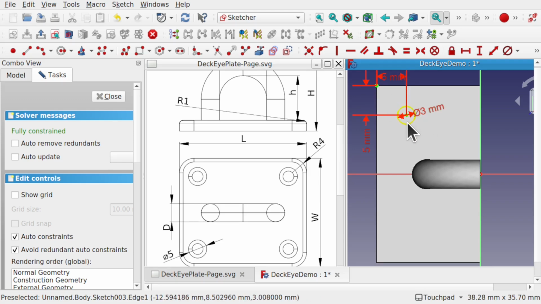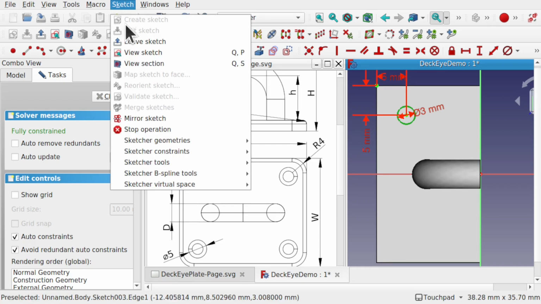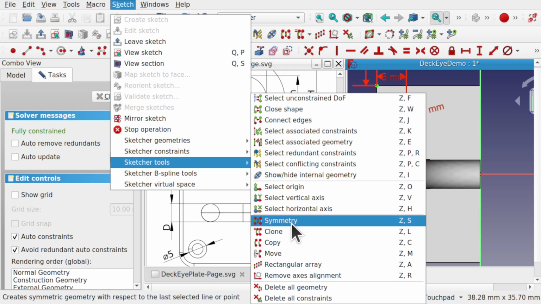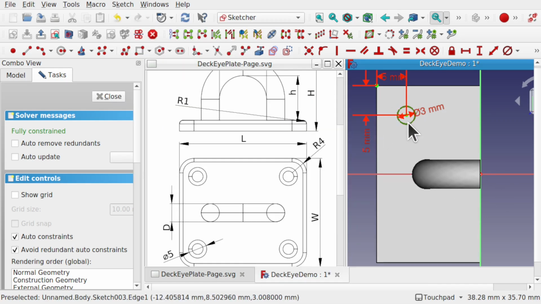We're now going to take a copy of this and place it over here and create the necessary constraints against that. So select that circle, and we're going to come up to Sketch, Sketch Tools, and use Symmetry. But first of all, we need to select the circle and use this line. So click the circle, click the line, and if you've got it on the toolbar, it'll be here as Symmetry, and that places the symmetry of that circle over here with the constraint against it. Now we need to constrain it, so we can use this point and place